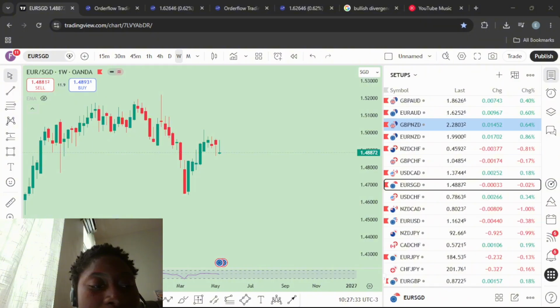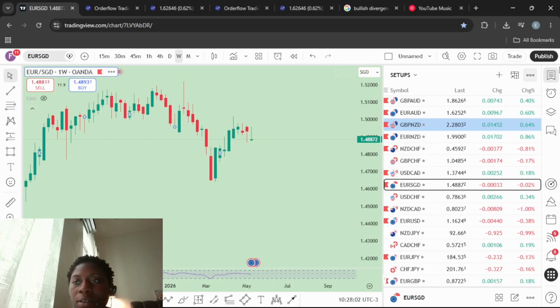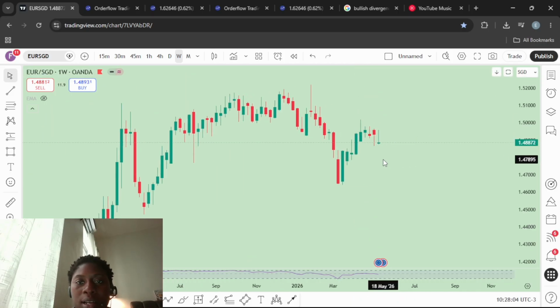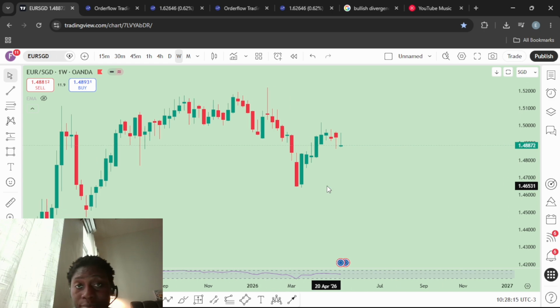I want to do some weekly analysis for the week ahead. First thing I do is just open a chart, and what we're seeing here is a clear downtrend on the weekly time frame. And how do I know it's a downtrend? For the people that are pretty new to forex trading,